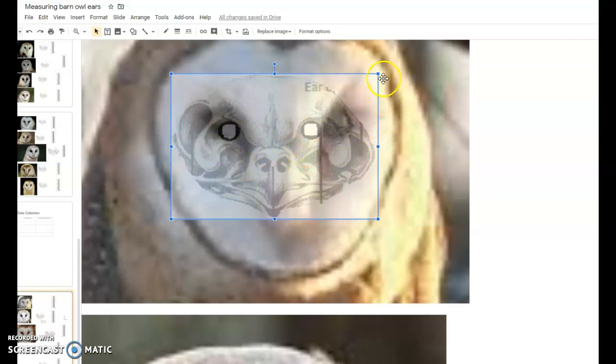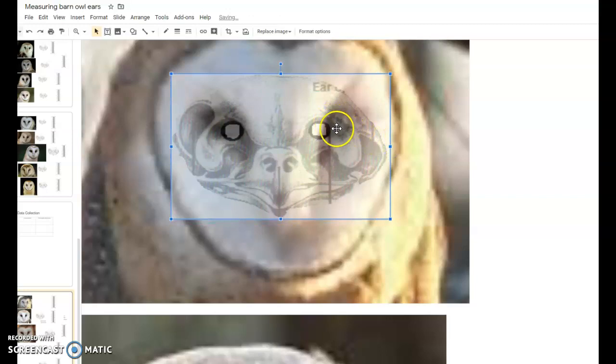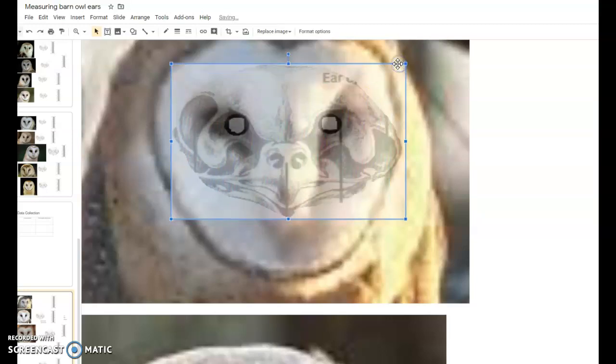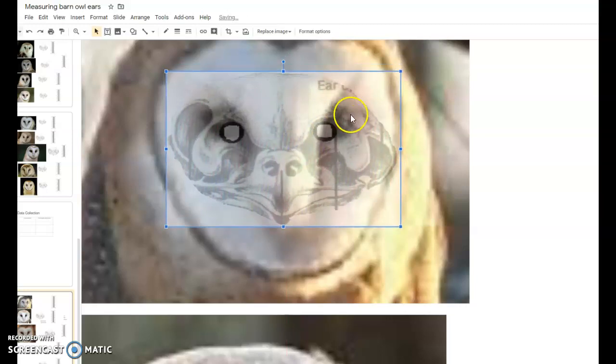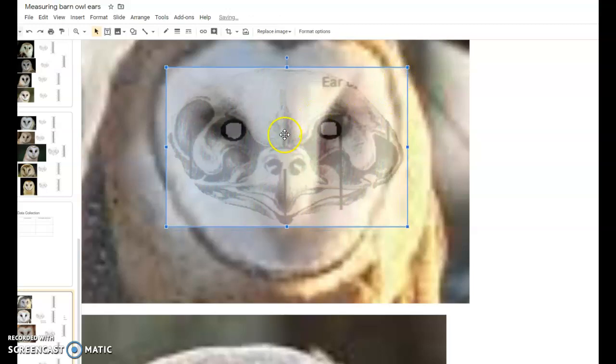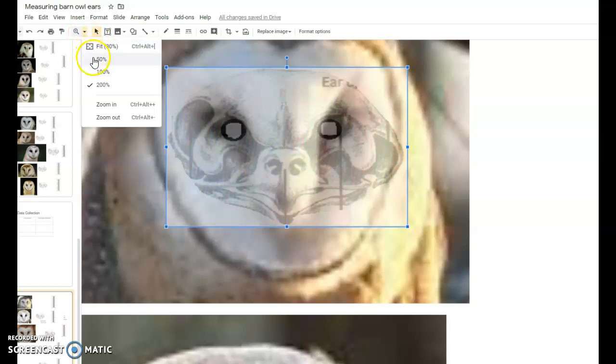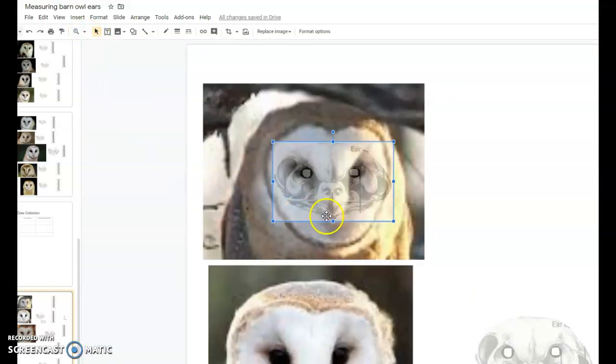with the left side, and then you can resize, because right here is the eye, and you can resize the face so that the eyes line up. So here's the eye here, and I'm just moving the eye here to make it about the same size. So that looks about right. Here's the eye here. Here's the eye here. I click back on the magnifying glass and I can zoom out to 100%, and then I can drag